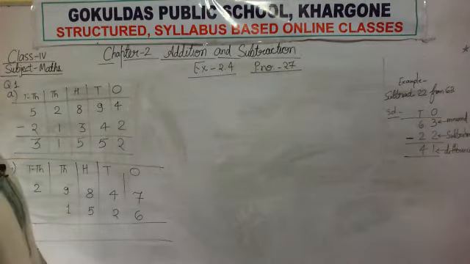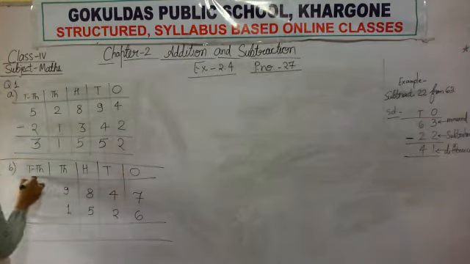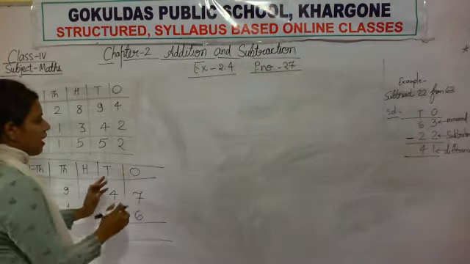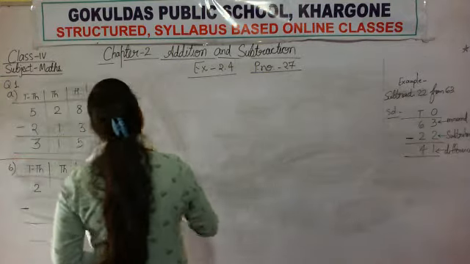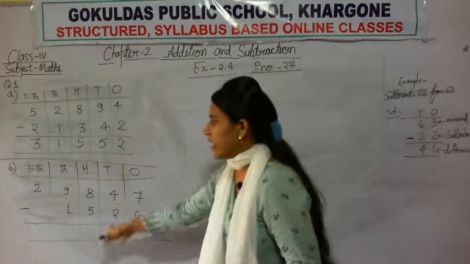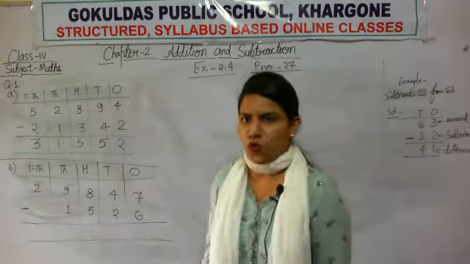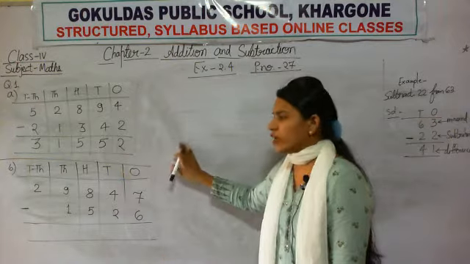Write the answer in book by using pencil. Now let's do part B. Here you see, always start subtraction from the ones column. It is your ones column, then tens, then hundreds, then thousands, then 10,000s and so on. So always start from the ones column.